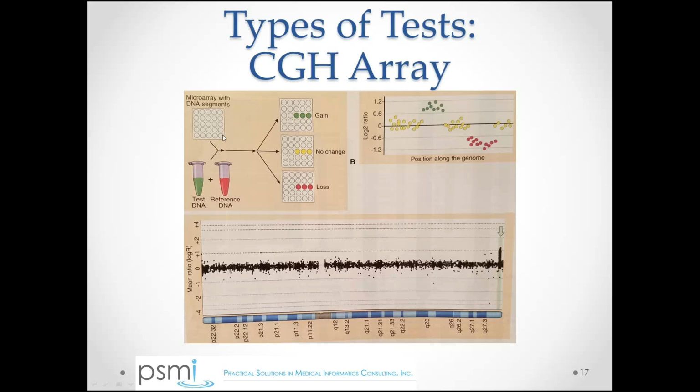And from there, you can glean, well, if the patient had an extra copy of a particular segment of their DNA, there's going to be more heavy binding, more heavy hybridizing to these particular wells. Whereas if the patient is missing a segment of their DNA, then the reference DNA is going to bind, and you're not going to see binding from the patient. And so a gain might be green, a loss might be red. And based on that, you can